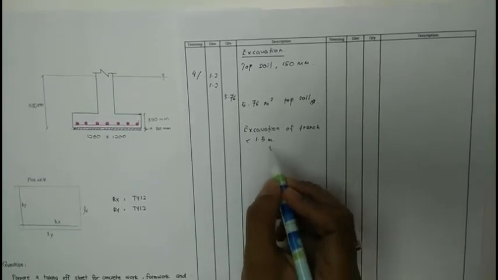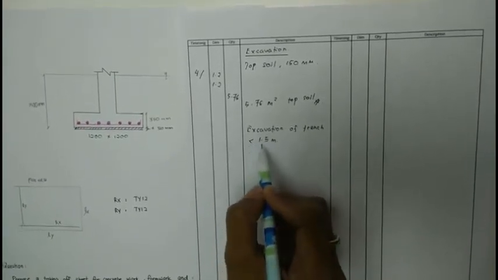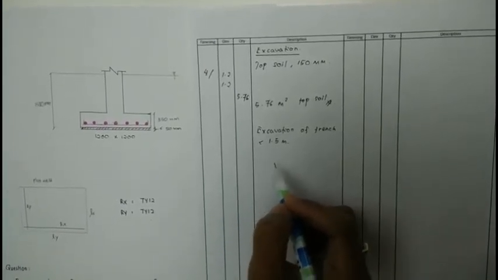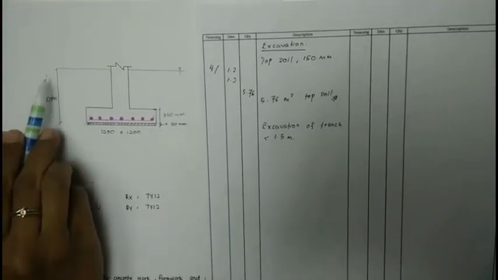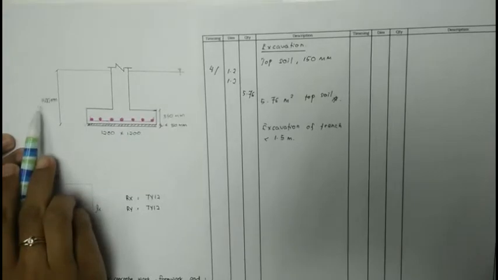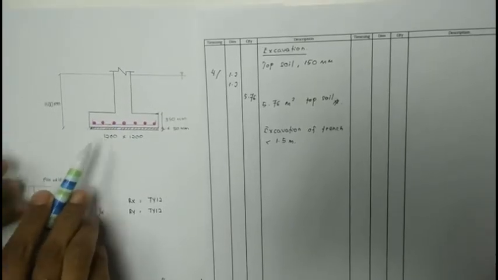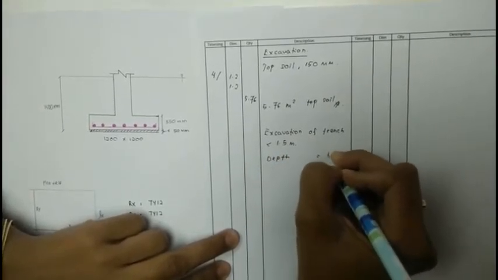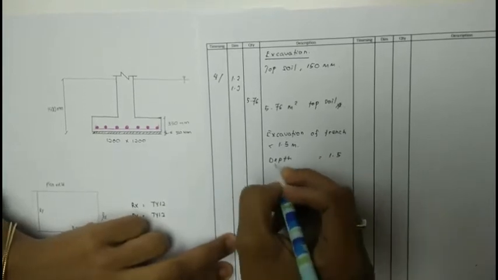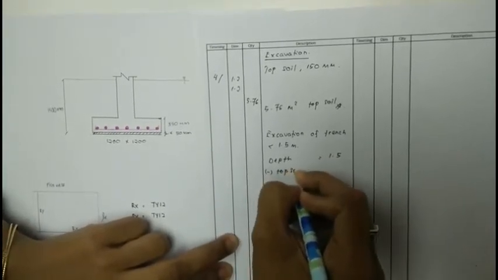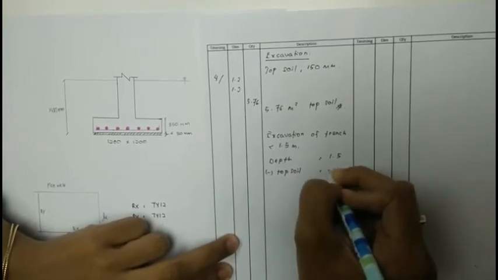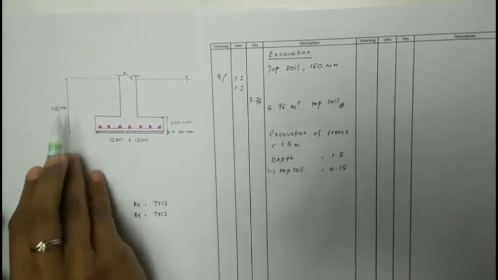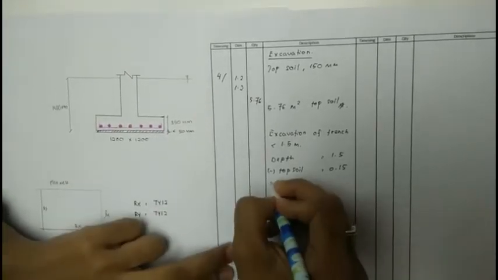Okay, for the next step, we are going to calculate for the excavation of trench less than 1.5 meter. First, we need to check whether the depth is less or more than 1.5 meter. So we know the total depth to excavate is 1.5 meter, excluding the lean concrete. So we write here depth 1.5 meter and we need to minus the topsoil, which was calculated before. The topsoil is 0.15 meter depth, and since the 1.5 meter excludes the lean concrete, so we need to add